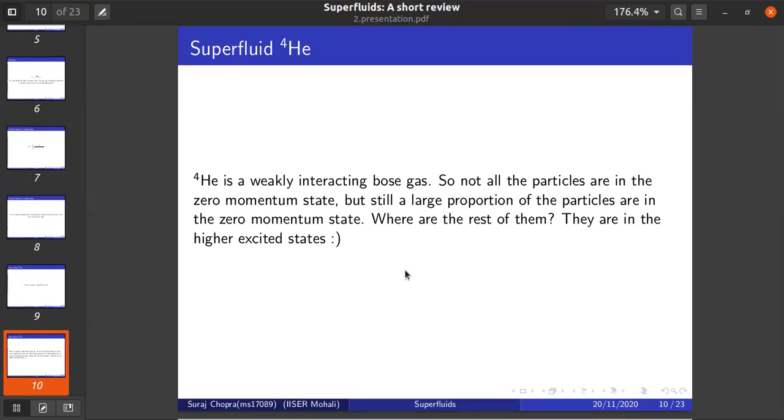Next, 4He is a weakly interacting Bose gas. Before this, I should say that a Bose-Einstein condensate consists of particles which don't interact with each other. So it's a gaseous superfluid kind of state, while 4He interacts, but only weakly with itself. So it shows the same properties as a BEC, but what happens is that the density, sorry, not particle density but condensate density,